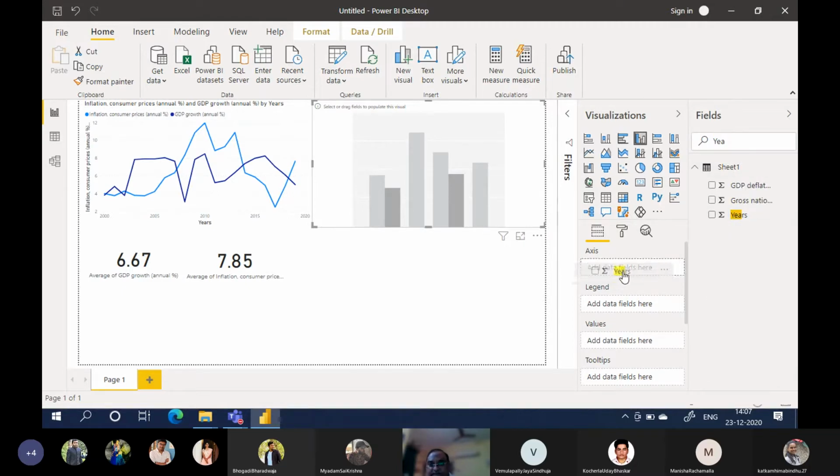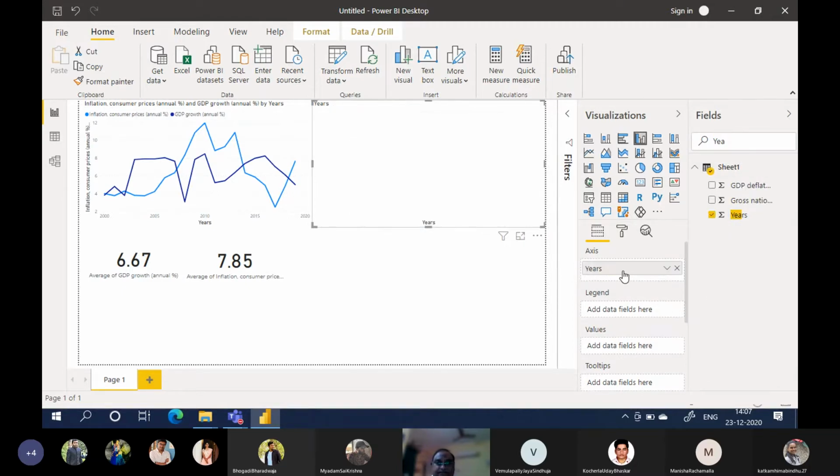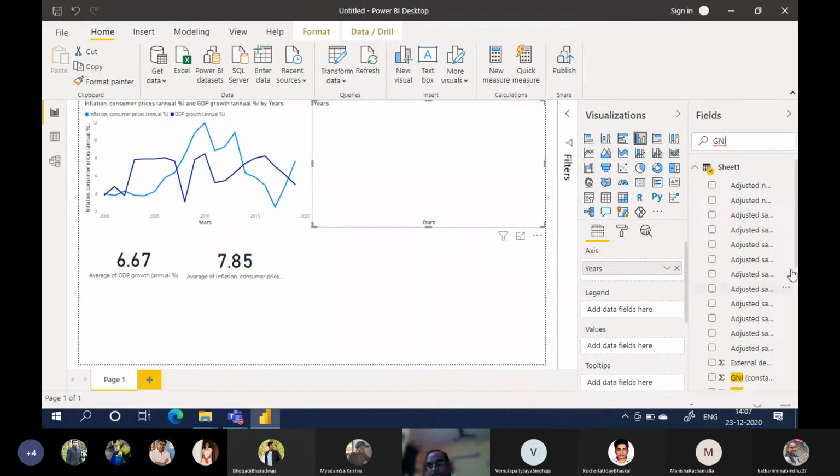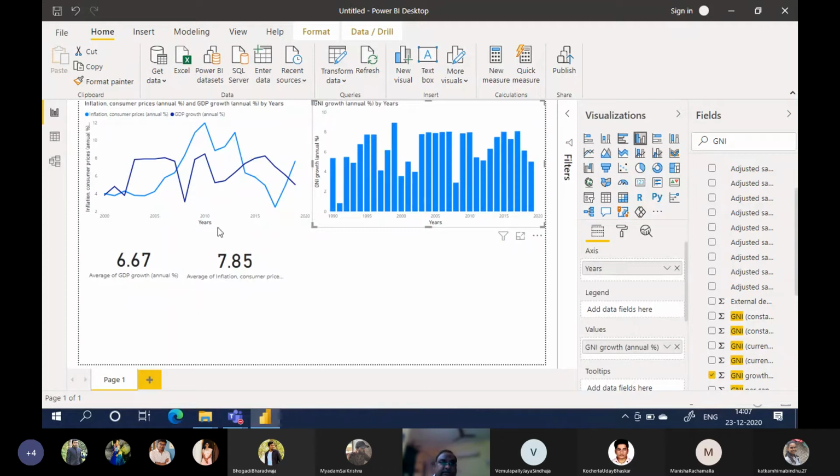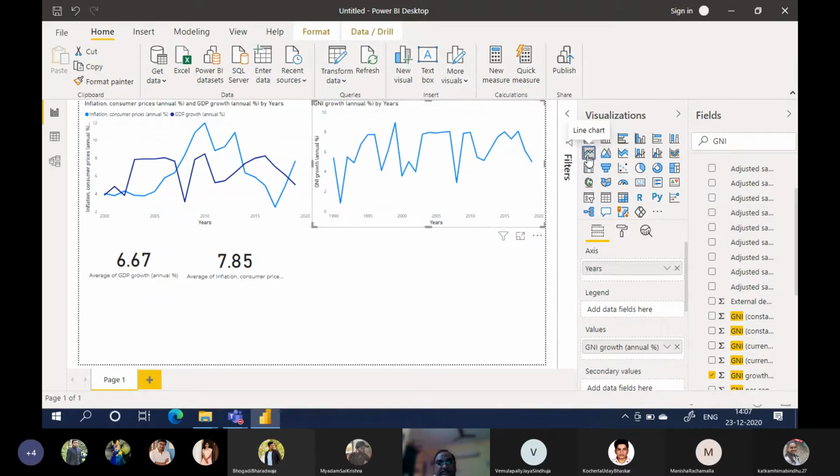Years, drag it to axis. Then GNI growth, drag it to values. Now you can see once you populate it, you got the column chart.